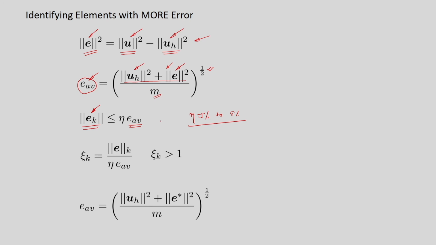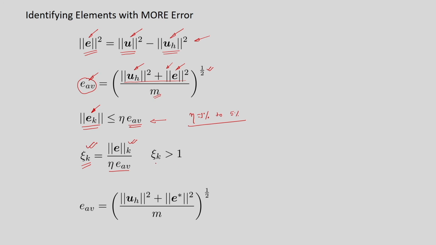Now, this expression has been rewritten here, where the numerator is the energy norm error corresponding to the kth element, divided by eta times the average energy. As we see, if the numerator is less than the denominator, then everything is fine for that kth element. Now, this value we are defining as xi k. It is associated with the kth element. So, if xi k is less than 1, then the approximate solution for the kth element is fine with us.